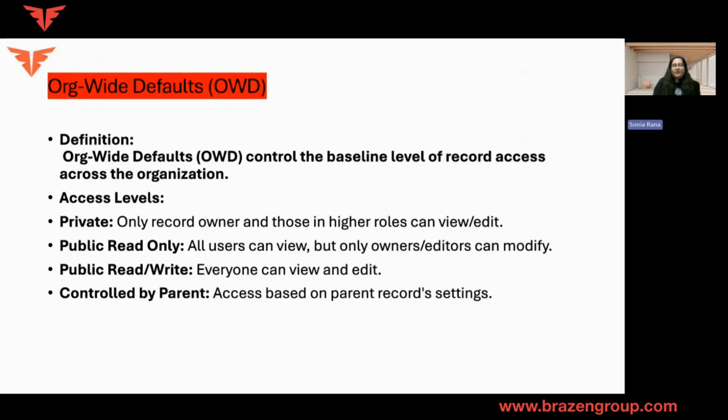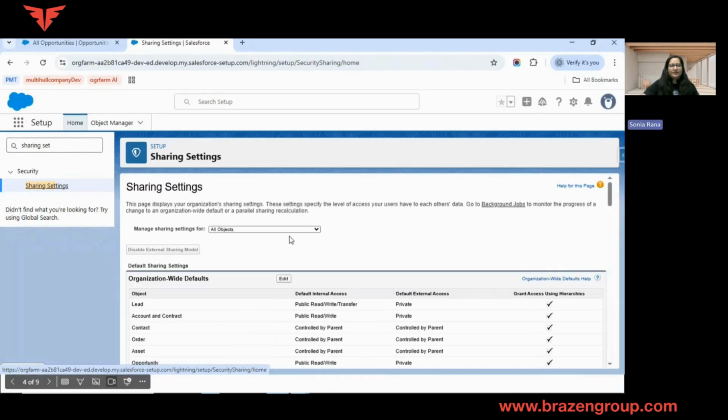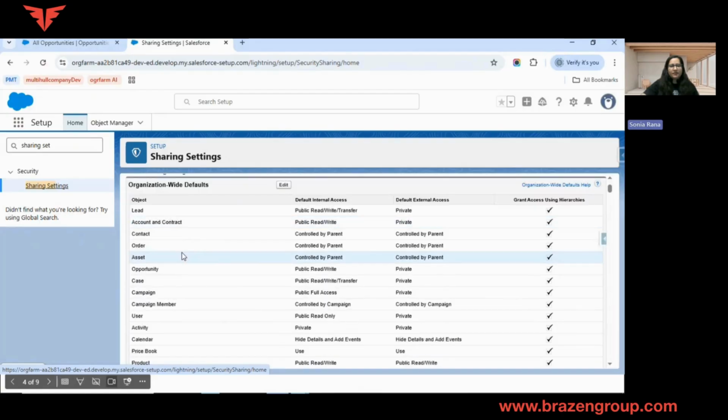For example, we have the objects account and contact. If account is the parent of the contact, then the contact object's OWD setting will be dependent on the account object. So let's see in the Salesforce org how we can handle the OWD settings. For that, go to the sharing settings. In the sharing settings, we have